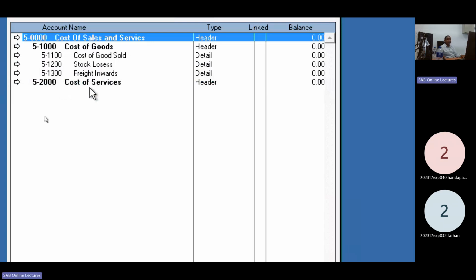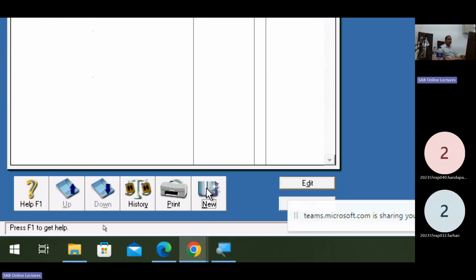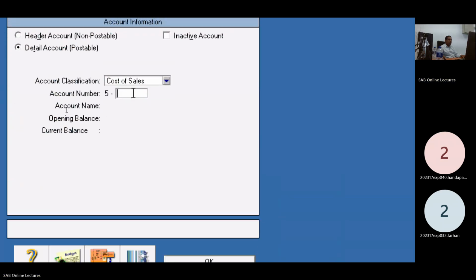Under the cost of service, cost of material, new account, under the cost of service, 2,100.